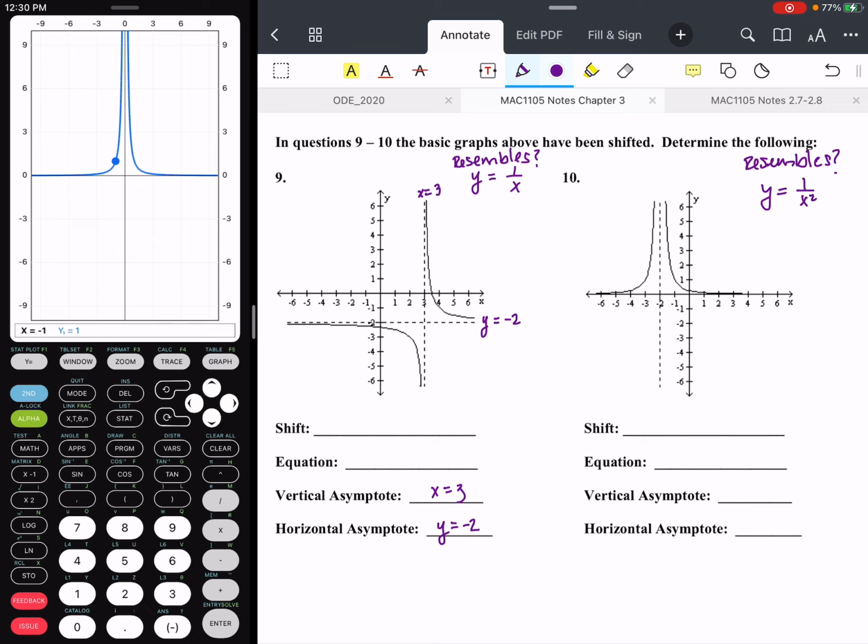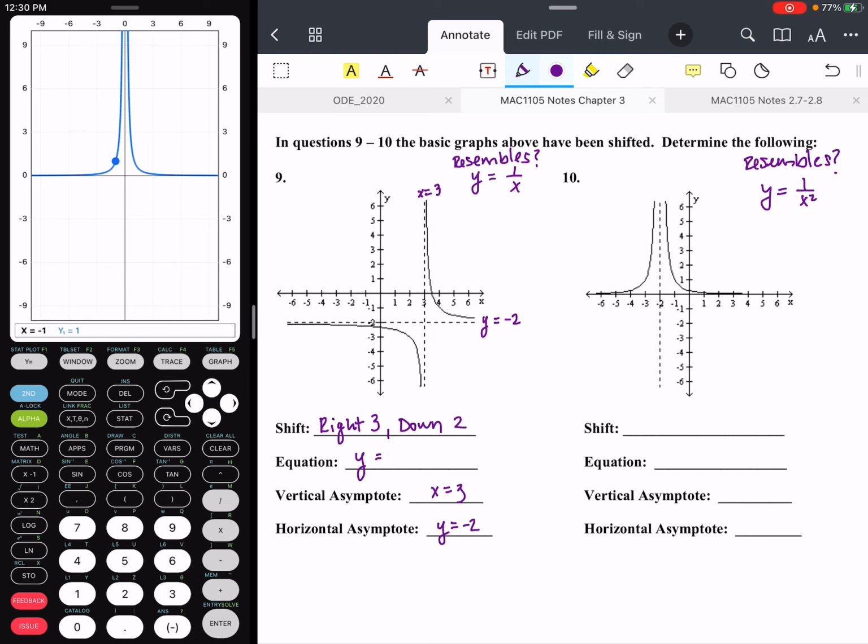So this allows me to determine my shift. X equals 3 puts me to the right 3. And then my horizontal asymptote y equals -2 means I also shifted down 2 from that original y equals 1 over x function. So if I were to write out my equation,